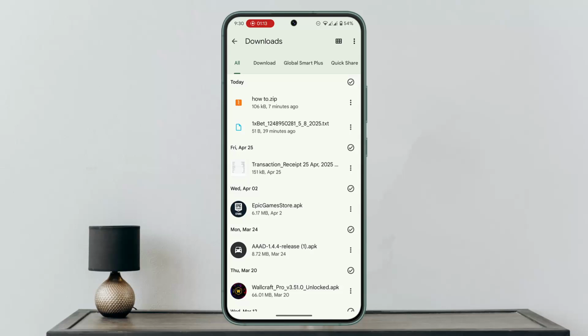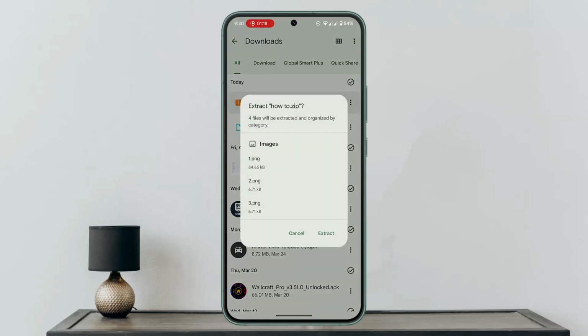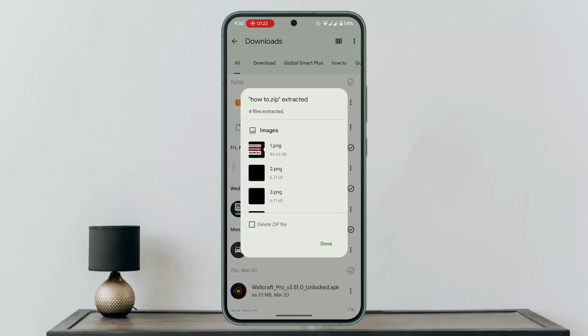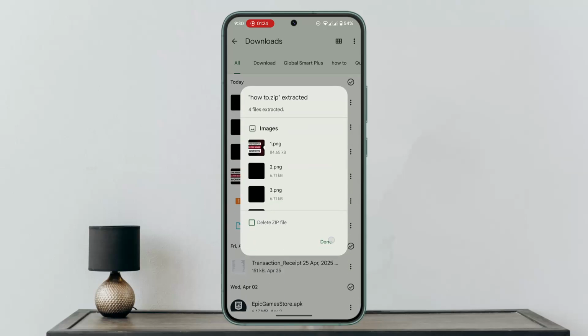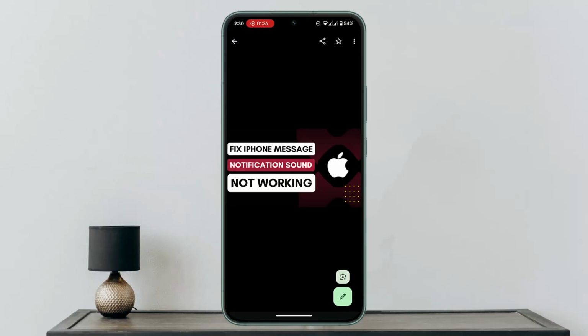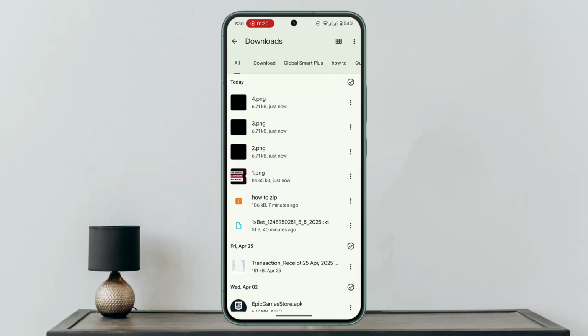Now this is the particular zip file that I actually want to extract. What you could do is simply click on it, and here you have this confirmation as you want to extract. Click the extract button, and now that you've successfully extracted, you could find or open up the install. Now what you have to do to install a zip file on Android is